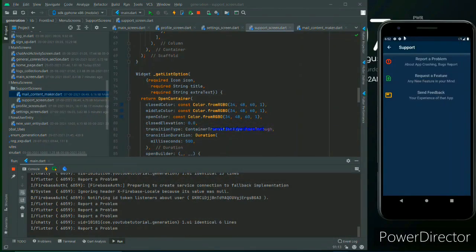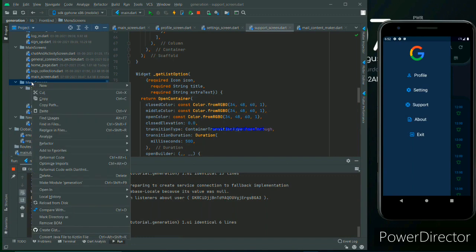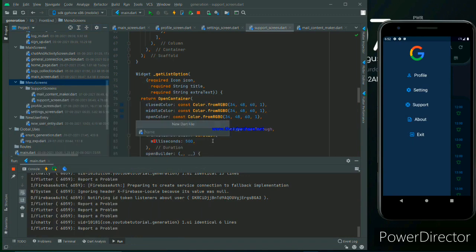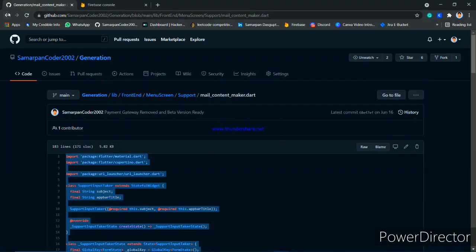And after that, there is the about. Okay, so we have to implement the about, and that's why we have to make a separate dart file under the menu screen, and that will be the about string.